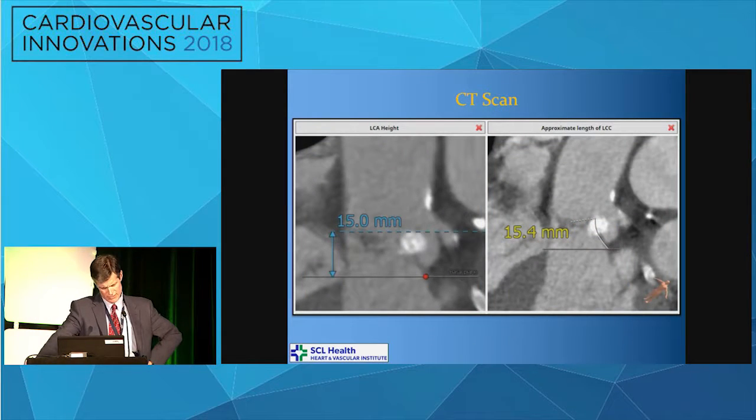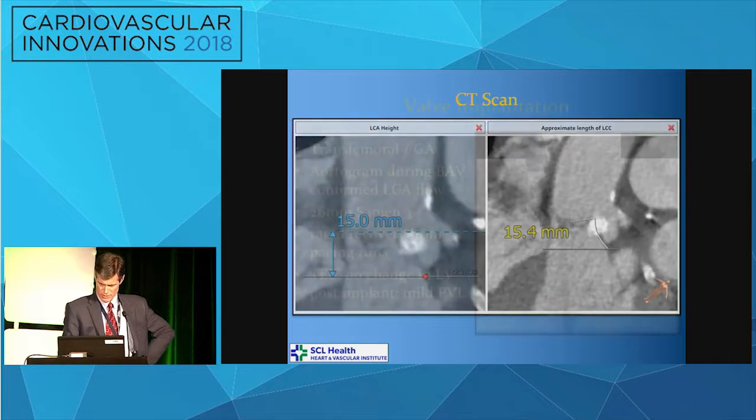Again, though, even though it's 15 on the left, he's got this snowball of calcium sitting on the top of his left coronary cusp there. And we measured that and found it to be 15 or so. And we were concerned about that. So we brought him to